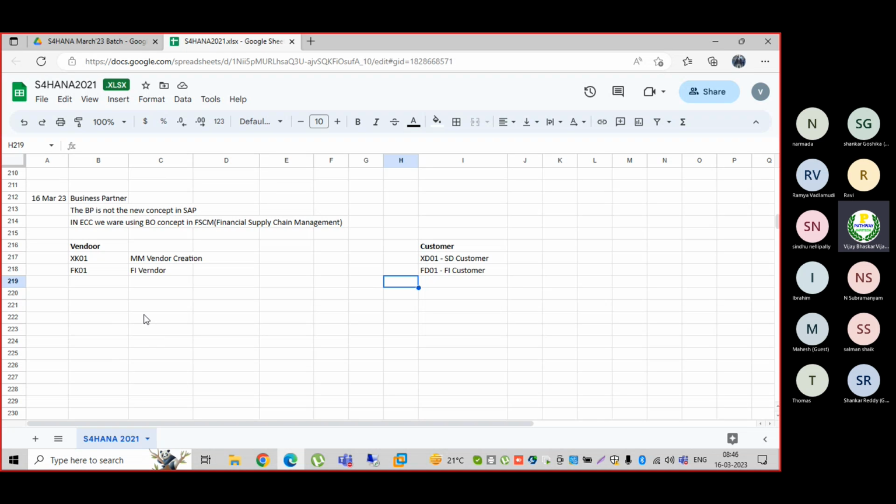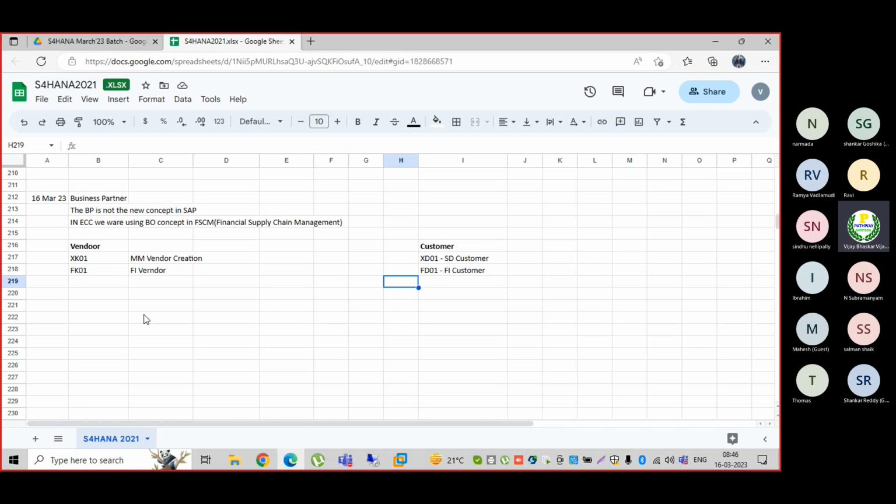As I explained in the second or third session, S4 HANA is completely role based, not authorization based. Point number one.